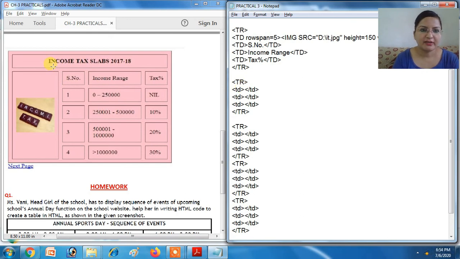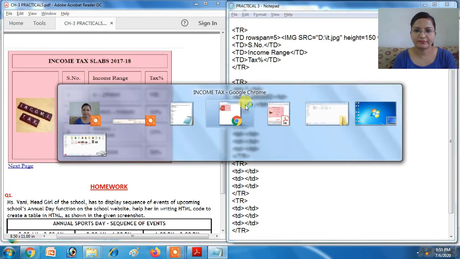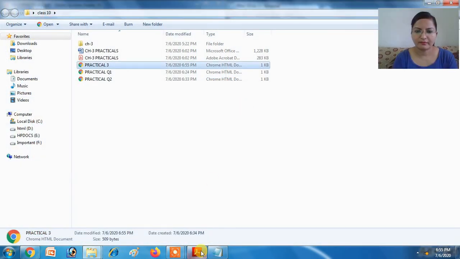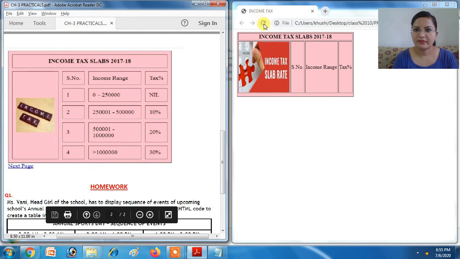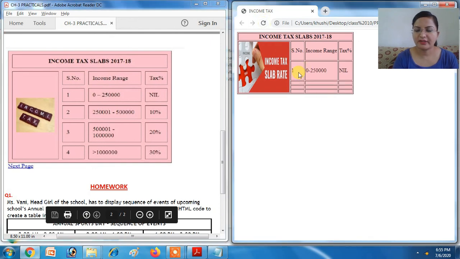First of all, the first 2 rows we have already completed. You can see in this row we have to write 1, then we have to write 0 to 2 2 5, okay, and here you have to write nil. Refresh. Okay, you can see the data is filled.